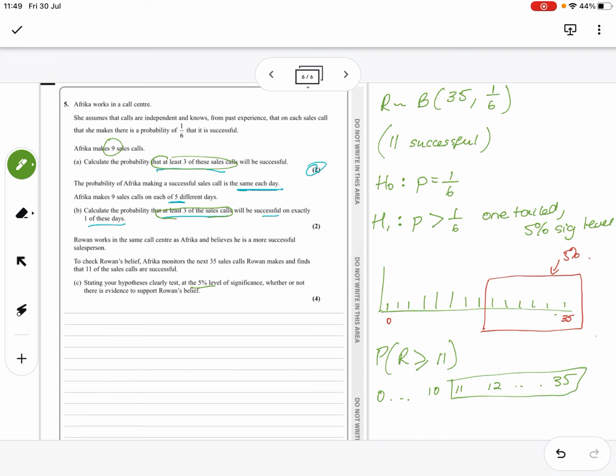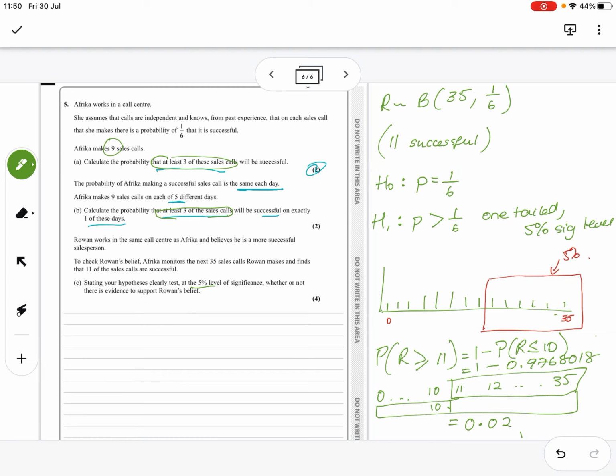So 0, like I did before, 10, 11, 12, ... 35. We want greater than or equal to that, so we're going to do 1 take away the 10. So that's equals 1 take away R is less than or equal to 10. Which is 1 minus, so go back to our probability, not the PD one, so you need to go back to distribution, page down, 1 for cumulative, 2 for variable, and I'm going to do 10 in there with 35, 1 divided by 6, so I've got 0.9768018, which if you do your 1 minus,